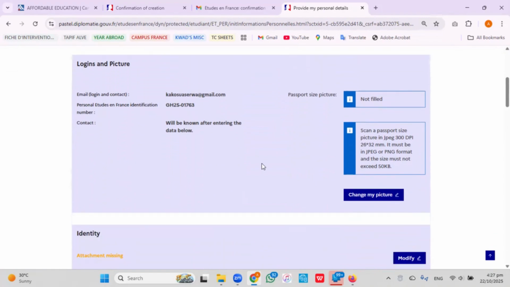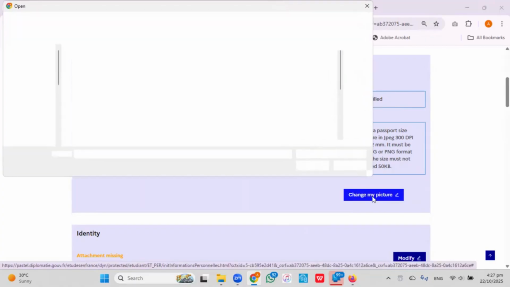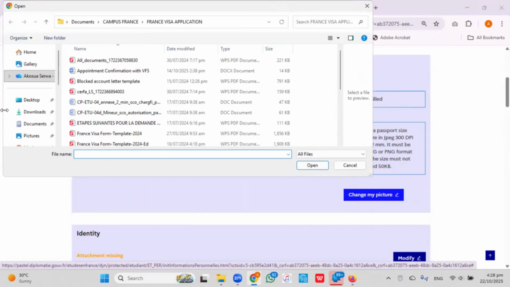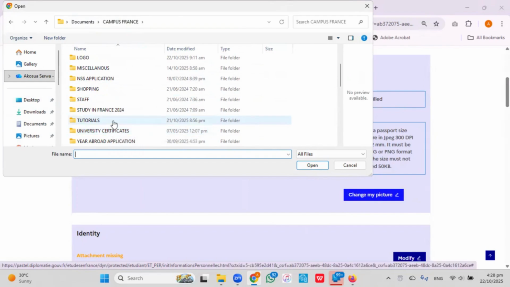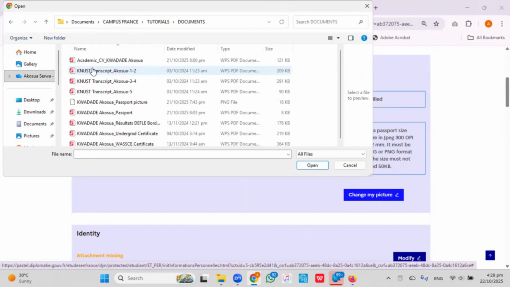Now, the first thing you have to do is to upload a copy of your passport picture. It needs to be an official passport picture with a white background. No selfies are accepted. So you click here, change my picture, and note the picture should be not more than 50 kilobytes. So I go into my computer and then I select my